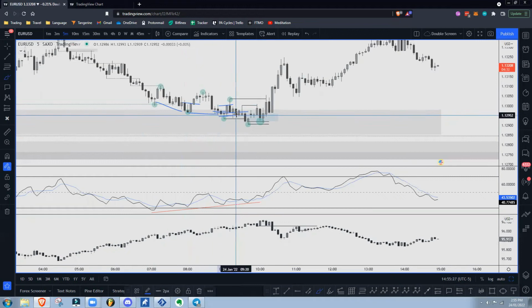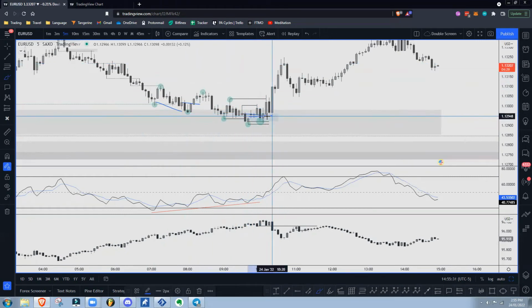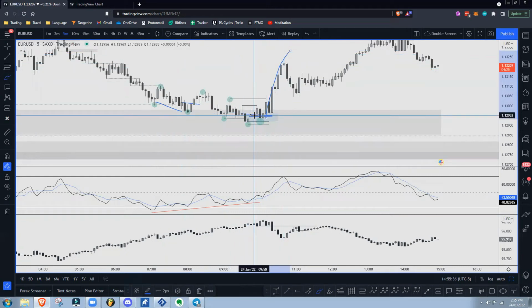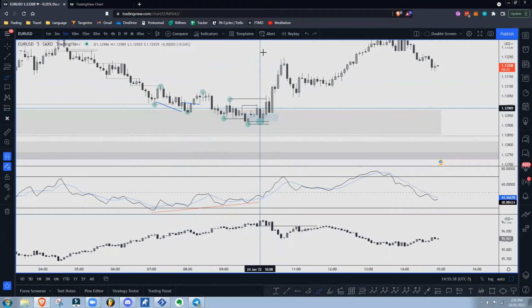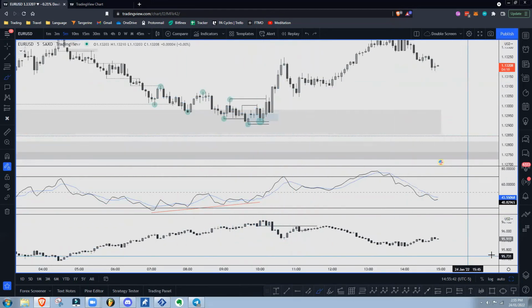Structure break right there. Let's take this. And then that fails. And the next one, finally, this is going to be the one that goes. And you're not even going to want to take it anymore because you've already taken a couple losses. And so that's why I don't just rely on this. It's just more of an extra layer of confluence.